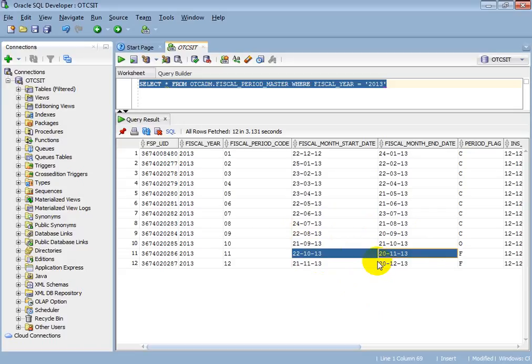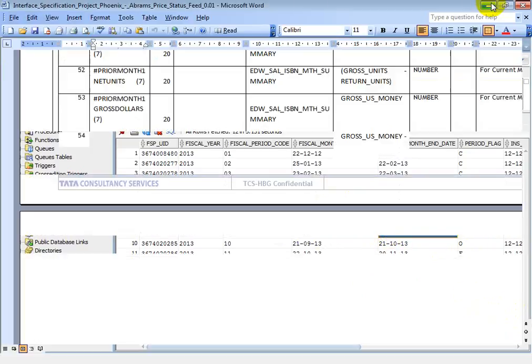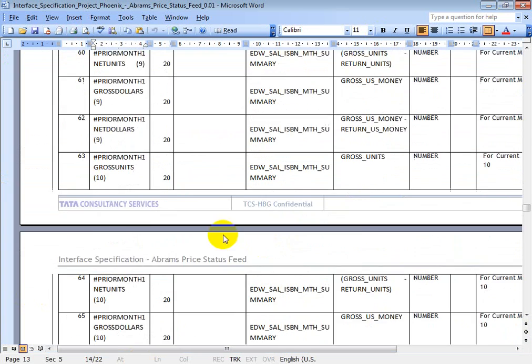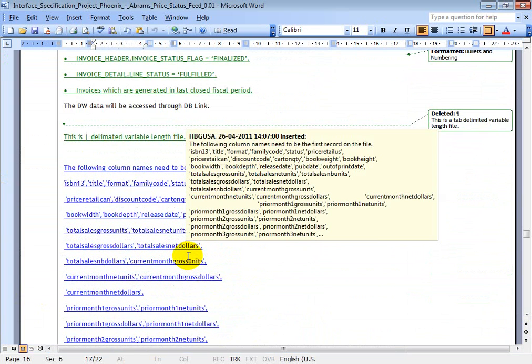It should display the past detail also, right? Past data, yeah. If you want to run for the 9th month, then you need to set this flag to C and this to future. And the OTC batch date should be your physical month end date. And remember one thing, if it is a month end interface, the OTC batch date and OTC online date should be equal to that month end. If it is a calendar interface, then the calendar month end date.